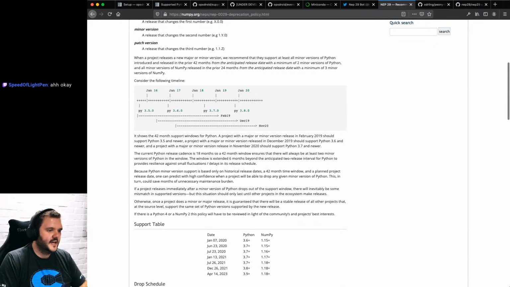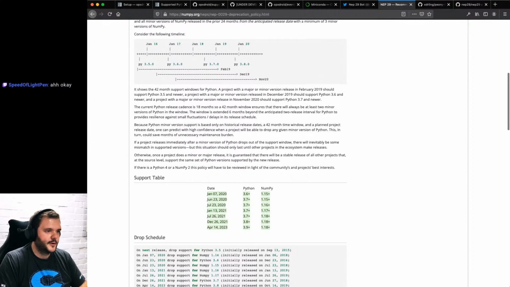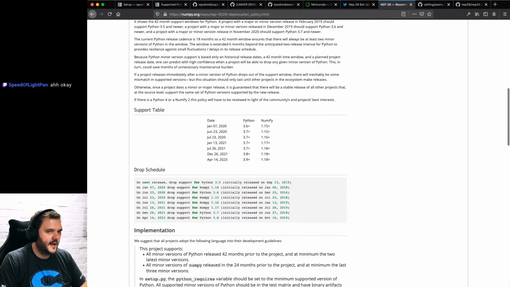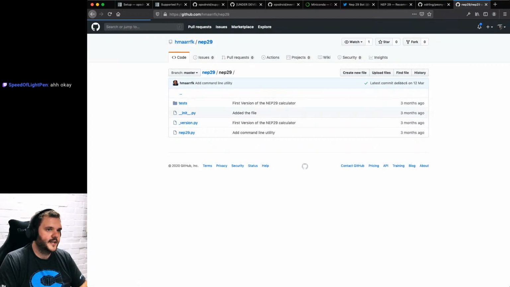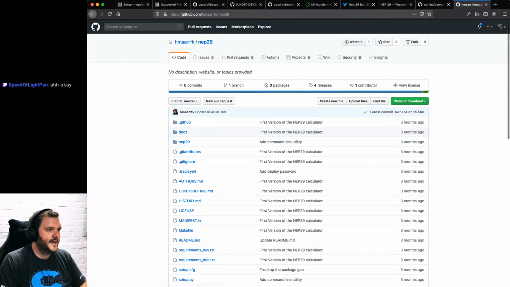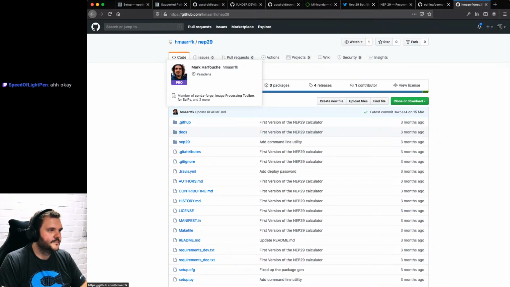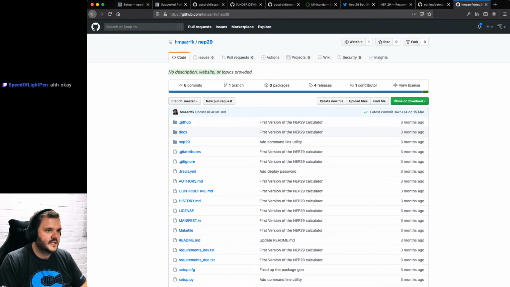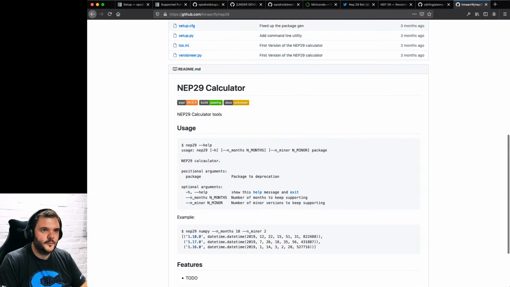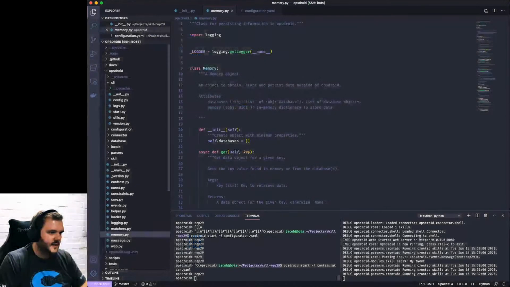So what I want to do first is basically this little support table here. I want to codify it so I can look stuff up, and it looks like somebody has helpfully done that in this library, NEP 29, which it looks like they started making and then stopped making. Because there's no description and there's not very much stuff, but there is a bit of usage here, and it was on pip, wasn't it? So let's come back over here.